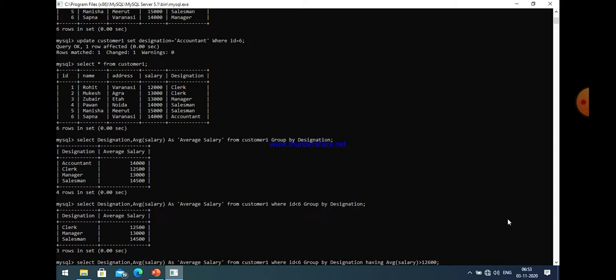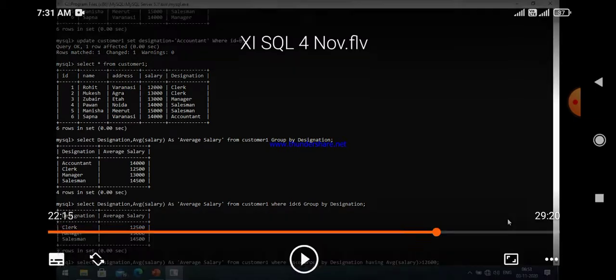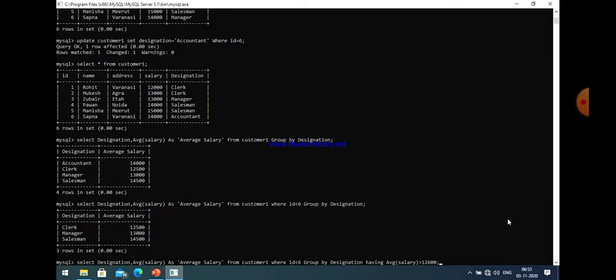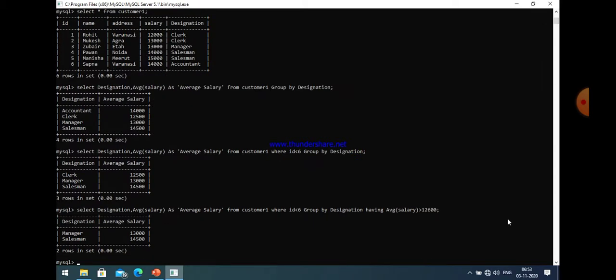And if there is a general condition regarding a table, that is not related to an aggregate function, that condition should be specified with the where clause, and the where clause is used before the group by clause. That is the basic difference between the where clause and the having clause. So I write having average salary greater than 12,600. Let us see the answer.